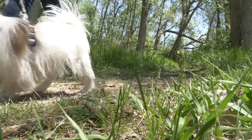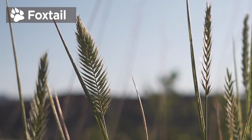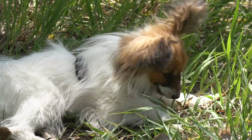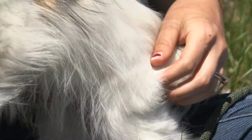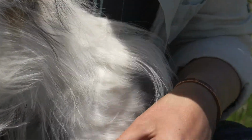Foxtails are the long, barbed seeds growing at the top of stalks in grassy fields and meadows. If you've taken your dog for a walk through tall grass before, you've probably already encountered these. The seeds attach to a dog's fur, often in their ears or their toes, and burrow their way in. This can be dangerous for your dog, as the seeds can work their way into your dog's skin and cause